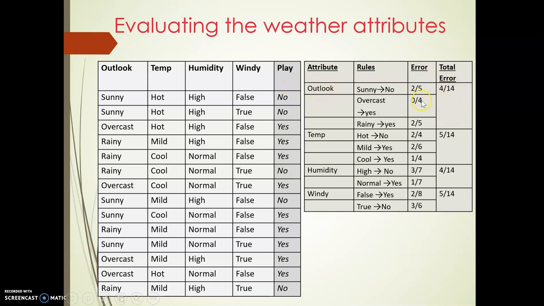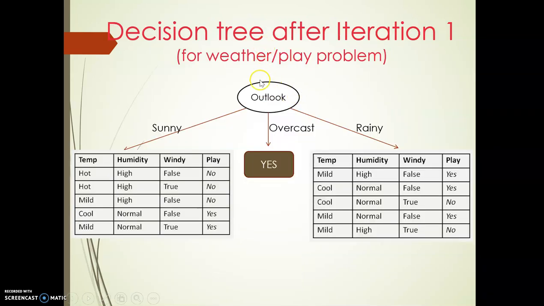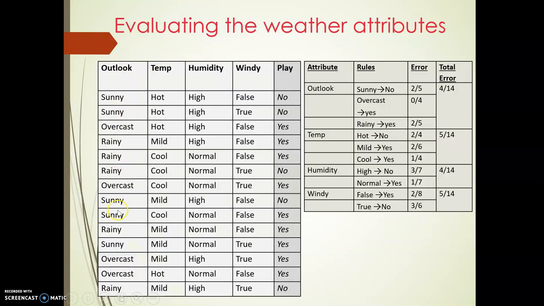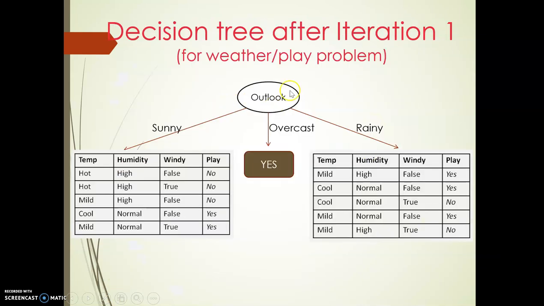So that means this outlook is considered as the first minimum value, whereby you can conclude that the outlook can be decided as a root node here. So as you can see, the outlook has been taken as a root node here. If you remember, within the outlook, how many different values are there? The 3 values are there: sunny, overcast and rainy, and the same needs to be represented here. So under the outlook, you will come across the sunny, overcast and the rainy here. So what you need to do here is, again, the sunny is not a perfect attribute because you have some errors in it, and rainy is also not a perfect attribute where you have again some errors.